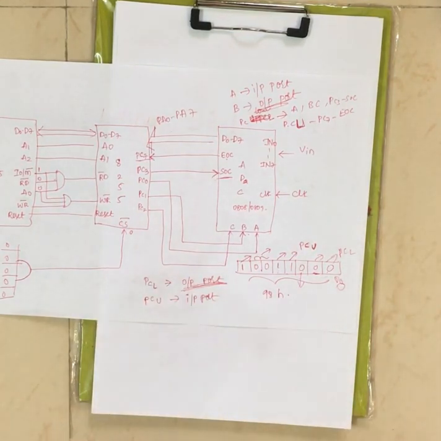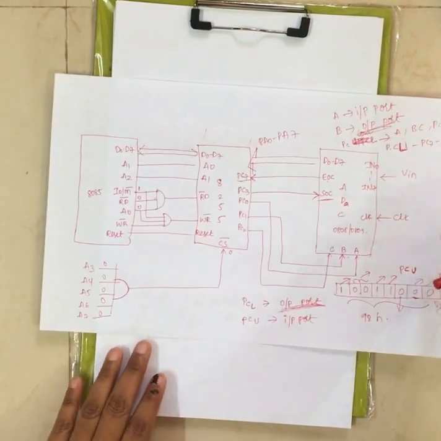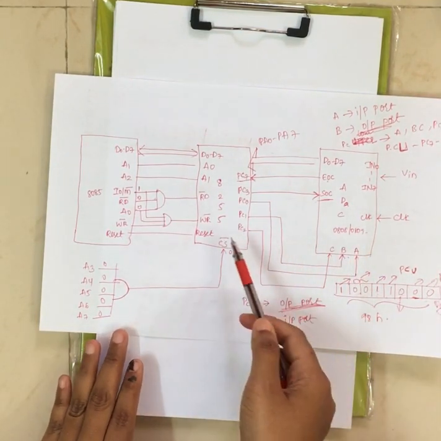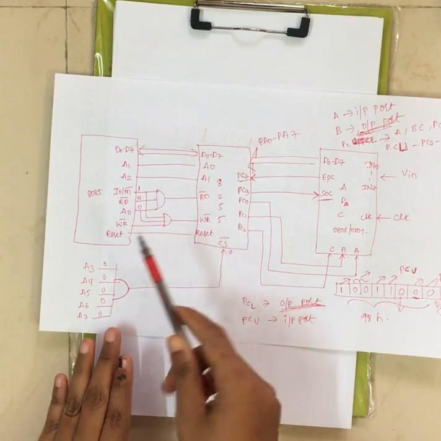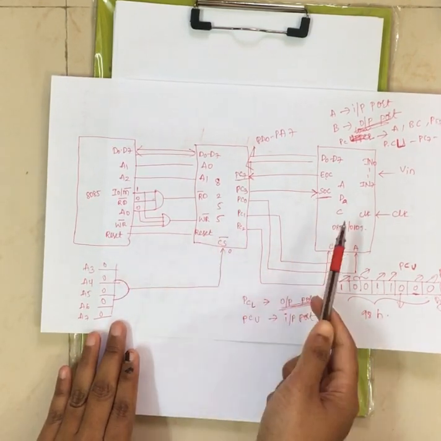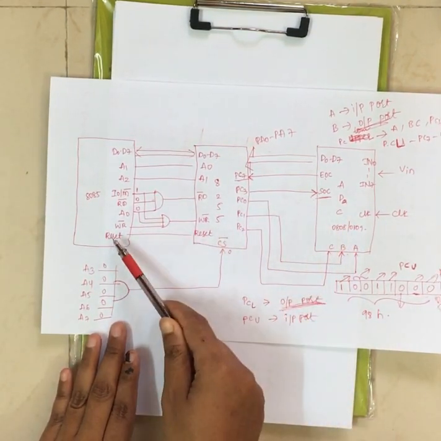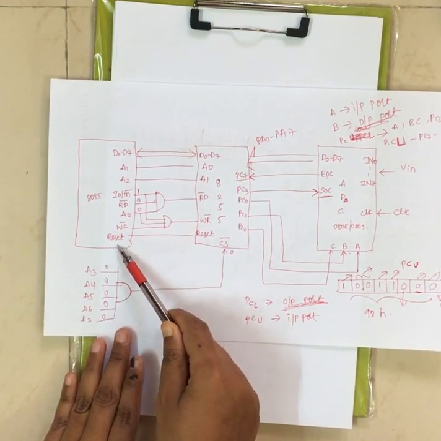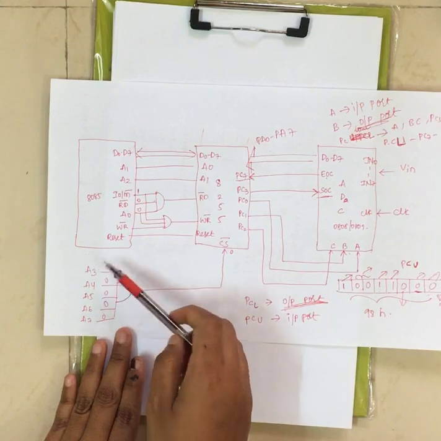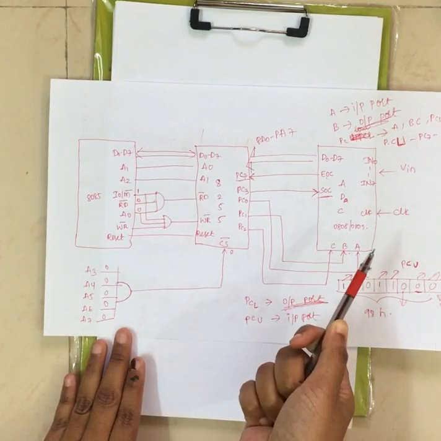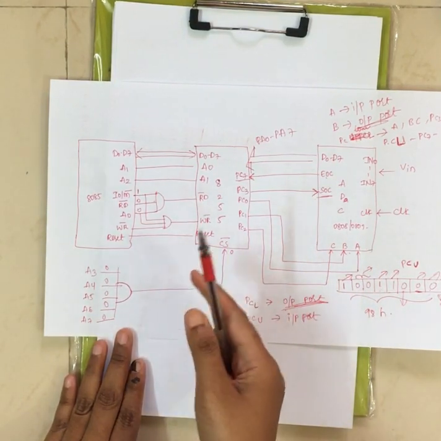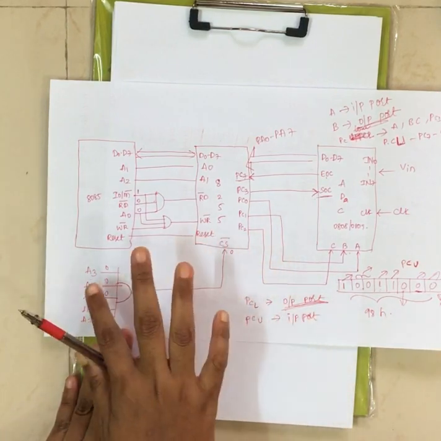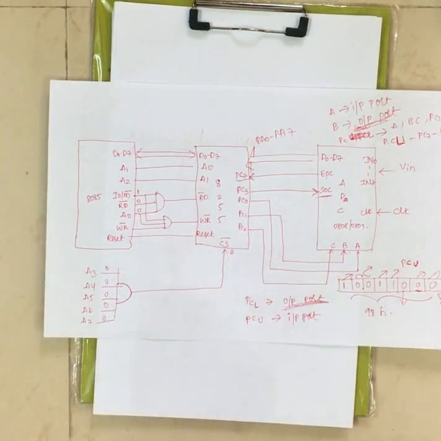Now let me briefly explain again. The 8085 should be interfaced with the ADC using the 8255. You can't interface the 8085 directly with your ADC because the 8085 doesn't have any I/O ports. It can't be interfaced directly with your ADC. That's why we are choosing one I/O device as a medium in between your 8085 as well as the ADC, right?